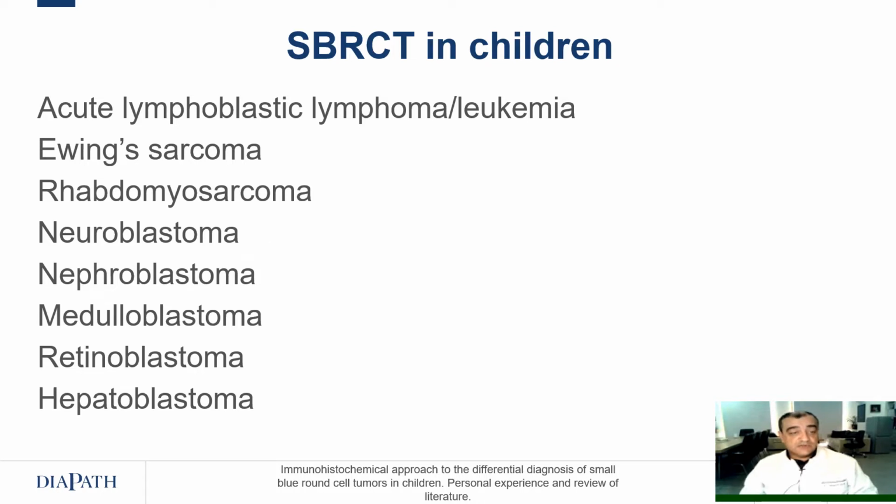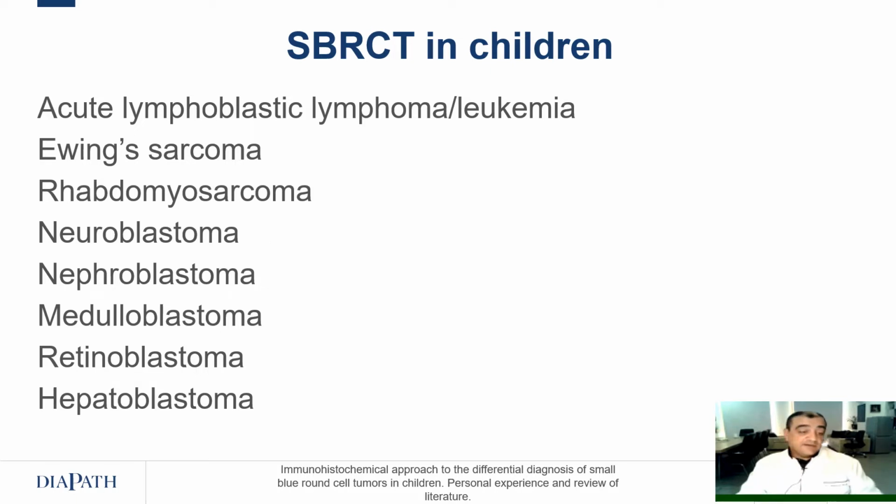So let's go back to our previous slides and see which diagnostic entities we have in this group. As you can see, the first 4 diagnostic entities, namely acute lymphoma and leukemia, Ewing sarcoma, rhabdomyosarcoma, and neuroblastoma, very often cause diagnostic and differential diagnostic problems and sometimes severe headaches for working pathologists and residents. The last 4 names, you see nephro, medullo, retino, hepato,